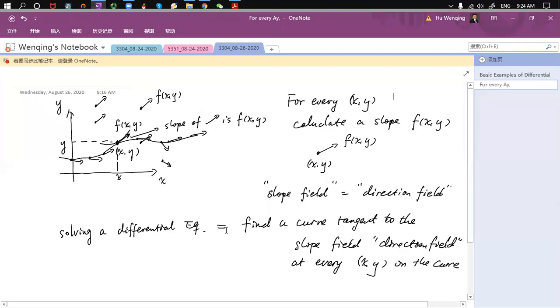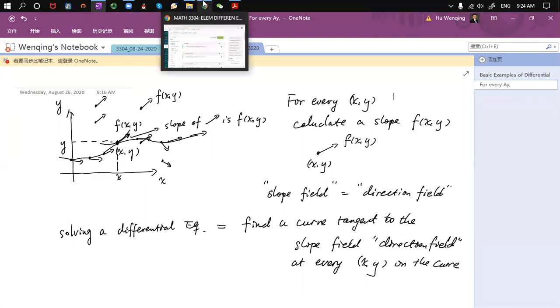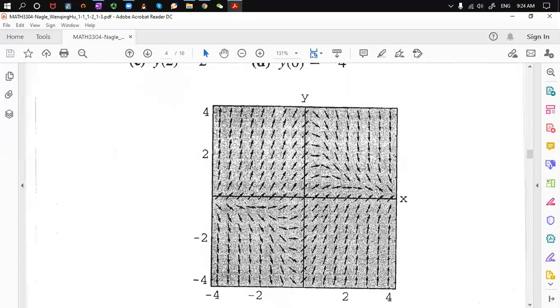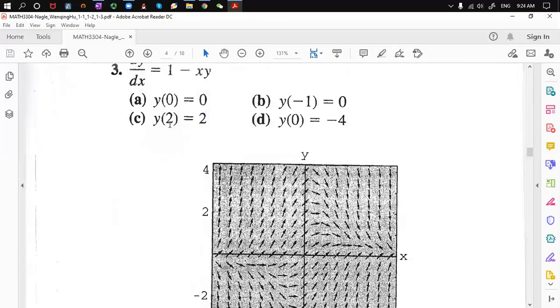Okay, so it's like what I described here. By solving the differential equation, it means you want to find the curve that's tangent to the slope field, right? So how do you solve this differential equation in such a way? Well, here you can see that